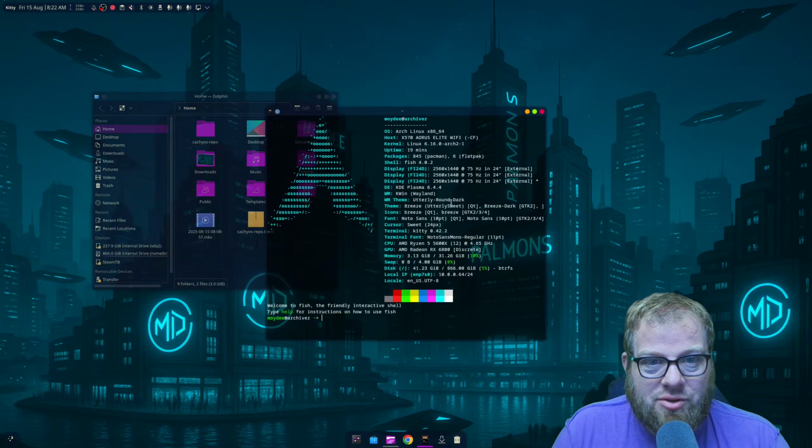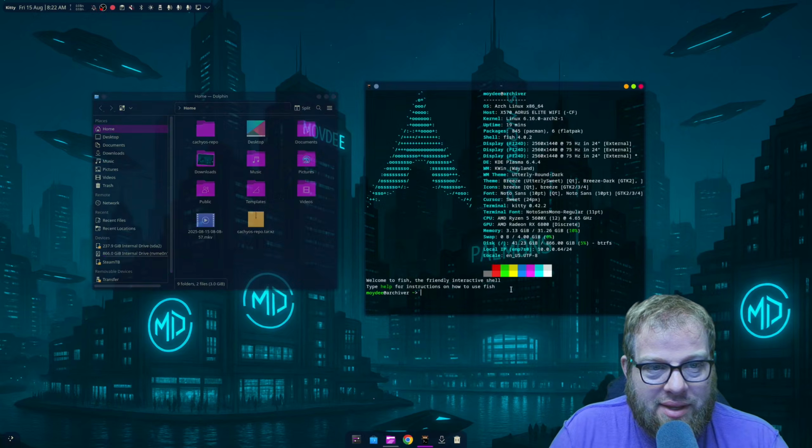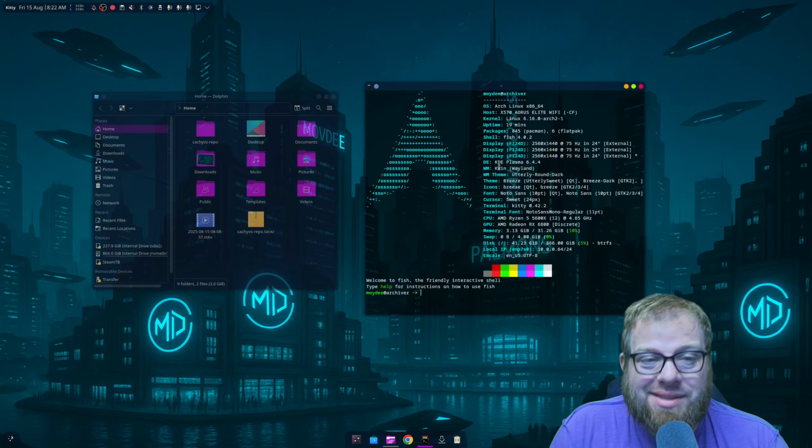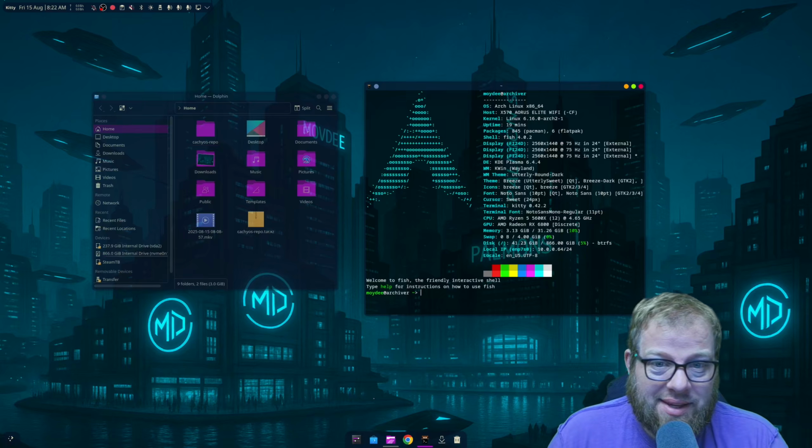One of the other things that I'll show at a later date is how to set up translucency inside of things like Kitty. I'm using Kitty and Fish, and they work fantastic together. But yeah,